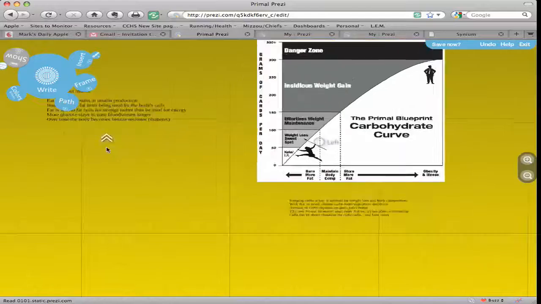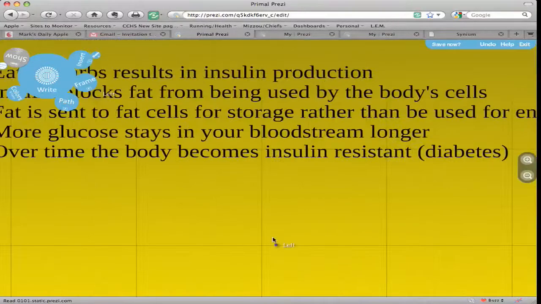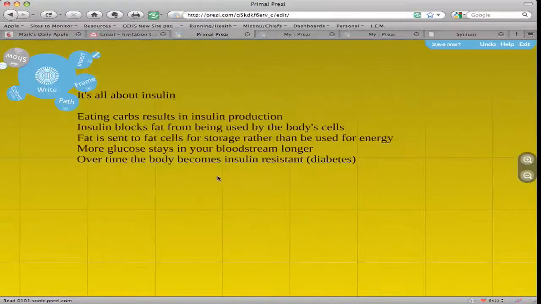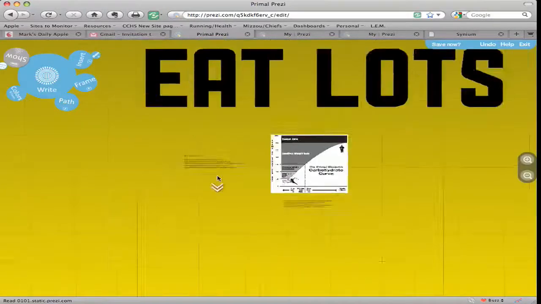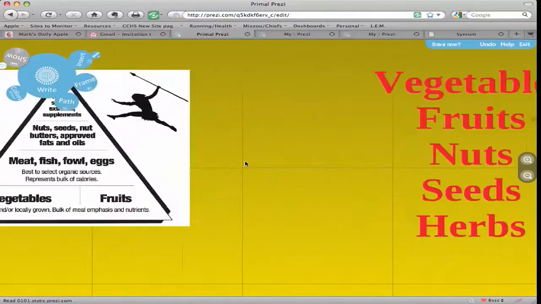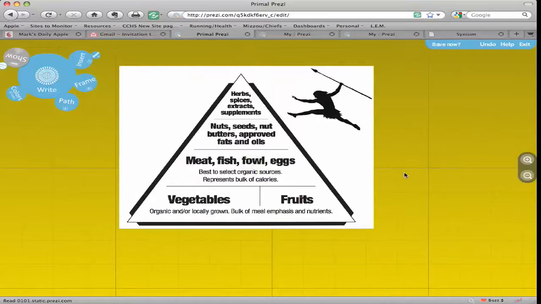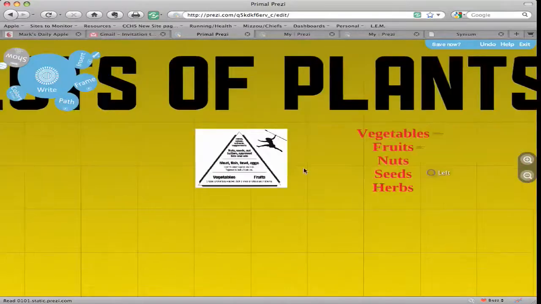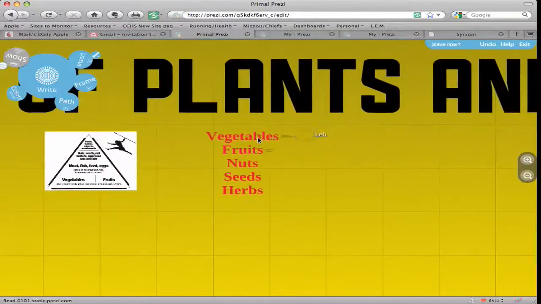And then as I zoom in more, I've actually got some bullet points that I pulled out of the chapter on eating lots of plants and animals. And I can swoosh over and take a look at the food pyramid, bring it over, and here are the basic tenets, the goodies that we eat in Primalizing.